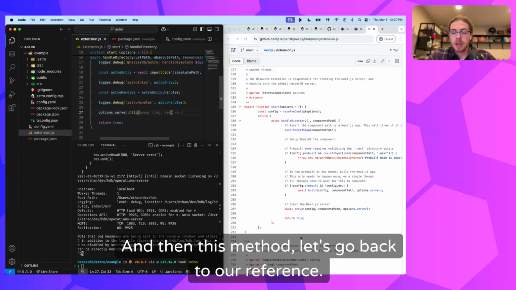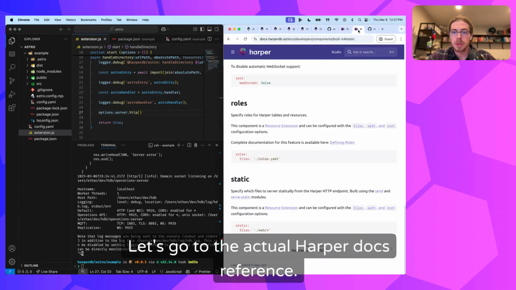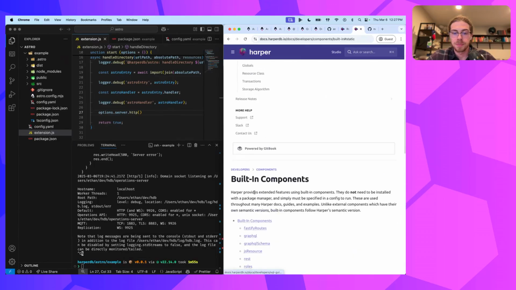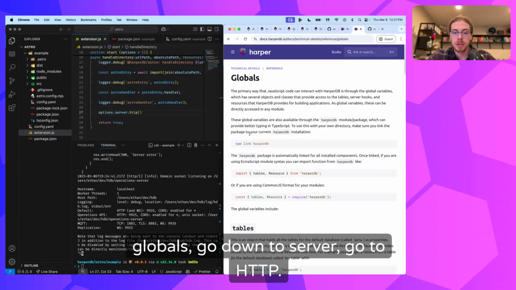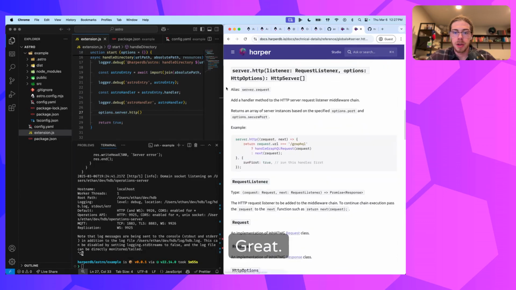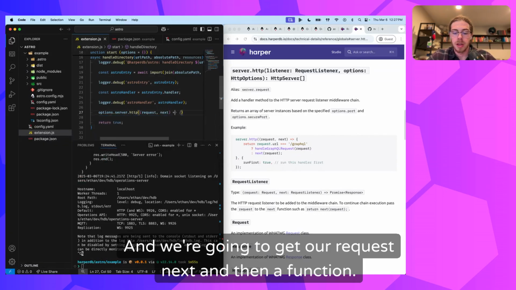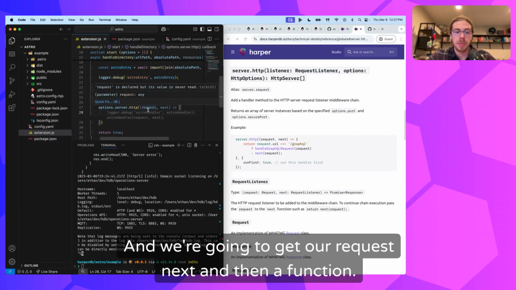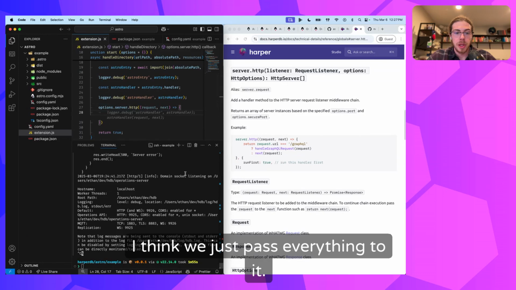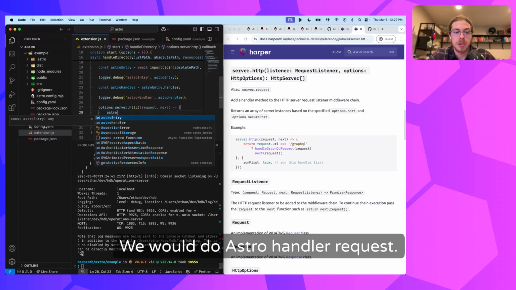And then this method, let's go back to our reference. It's not looking here. Let's go to the actual Harper docs reference. Globals, go down to server, go to HTTP. Great. So that's this one. And we're going to get our request next, and then a function. I think we just pass everything to it. I don't see why not. We would do Astro handler